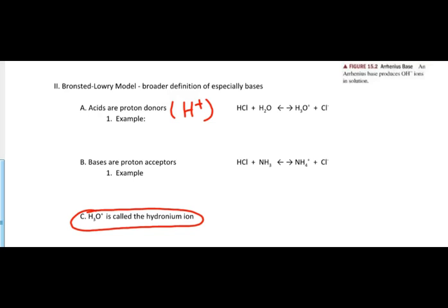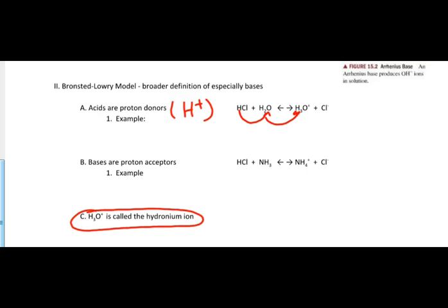When the acid is in water, it donates its hydrogen ion to the water, forming a hydronium ion. So that's the definition. It's a donor. It donates that hydrogen ion, and then that chloride ion goes off by itself. I would say by itself, but it's in solution. So that is an example of an acid as a